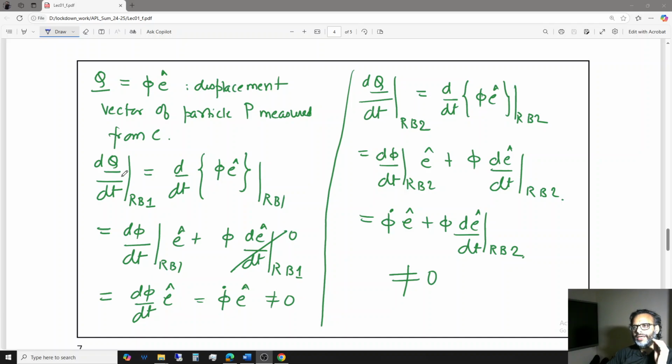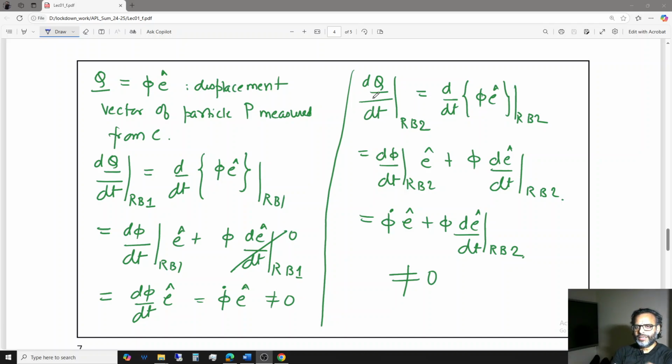So for your friend, the rate of change of displacement vector of the insect is going to be simply phi dot E hat, where phi dot means d phi dt, and that itself is frame independent. But the whole quantity phi dot times E hat is the rate of change of this vector, displacement vector, as observed from RB1. Now keeping the vector the same, that is q hat,